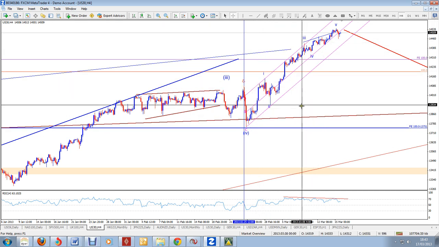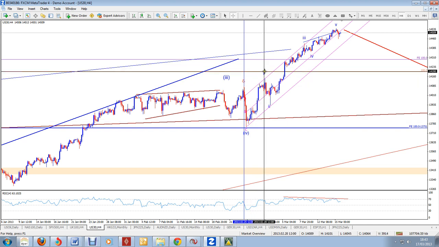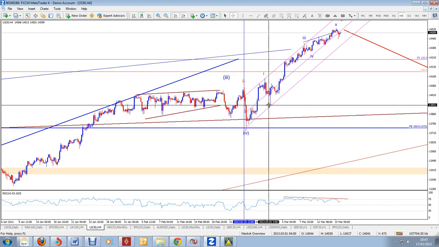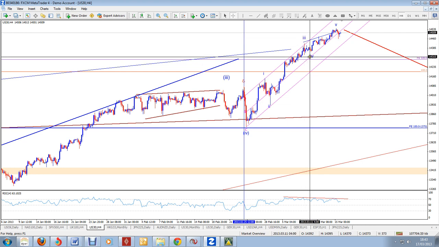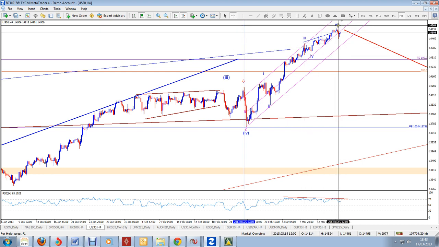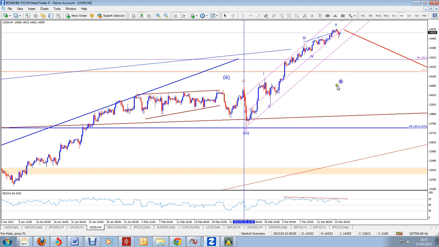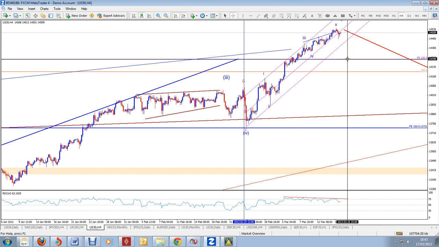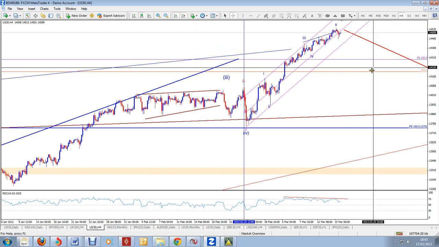Looking at the internal waves, which is not quite clear, but we've had a first wave up, that's fairly clear. Wave 2 is clear. Then possibly we've had a wave 3 and 4, so we might be in a process of forming a wave 5, or all of that might be part of the wave 3. So in other words, we might have had wave 1, wave 2, and then this one continued all the way there as a wave 3. We'll get a deeper retracement 4 and then another 5.